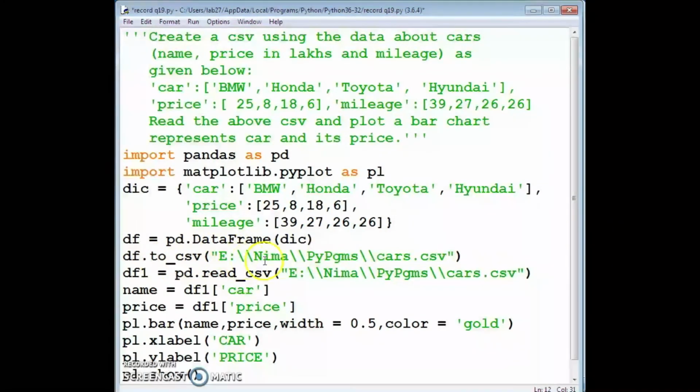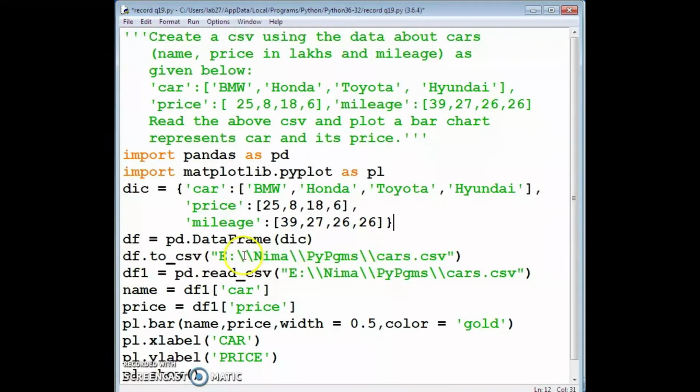Then here we created the file named cars.csv. Where did we create this one? In this E drive, NIMA folder, Python programs folder itself, we created this cars.csv file.